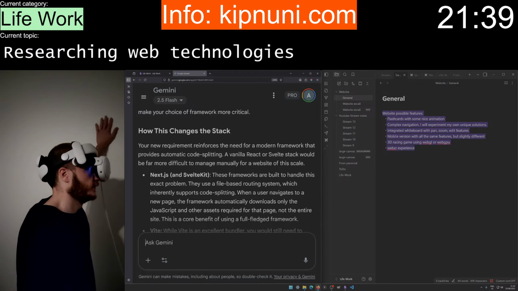Reinforces the need for a modern framework that provides automatic code splitting. Far more difficult to manage manually for a website of this scale.